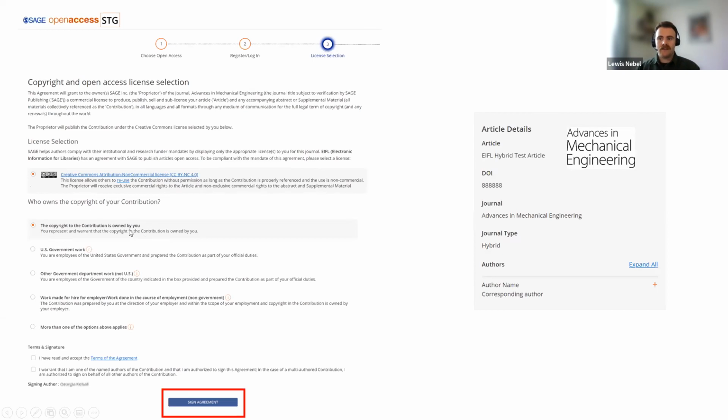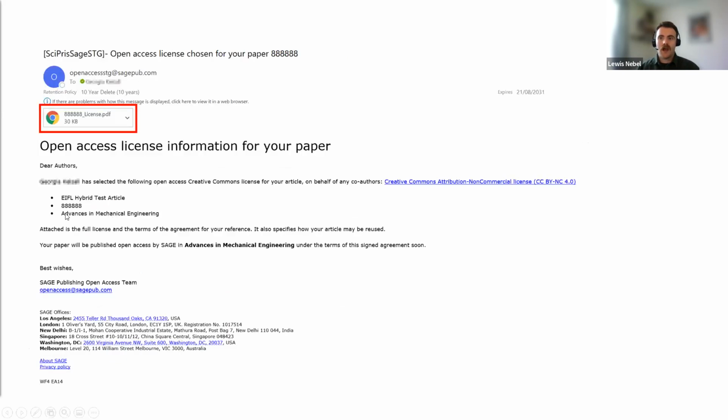They then choose the copyright contribution, read and accept the terms and conditions, and state that they're one of the contributing authors and have the right to be signing this on behalf of all other authors. Again, once that's signed, then there's no payment required, so it won't go through to the billing details stage. The email will be sent to all of the authors, letting them know that a license has been requested, completed and signed for their article, and will then attach a PDF copy of it.